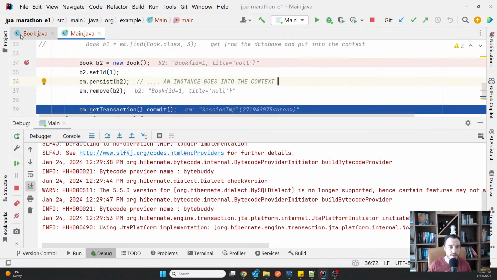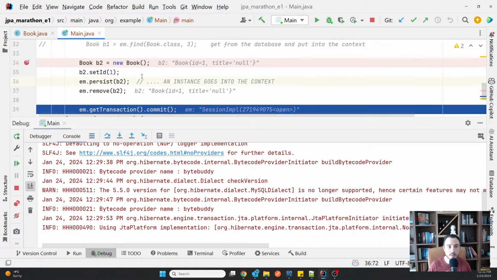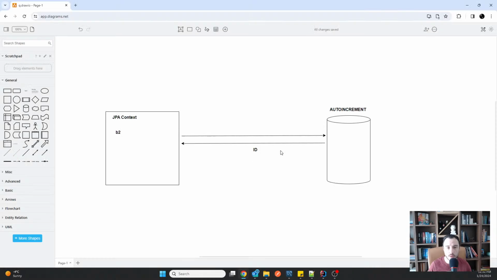Just because having no more generated value set, just because there is no longer an auto increment there, it doesn't need to go to the database. It simply just, in this case, adds the B2 and then removes the B2.